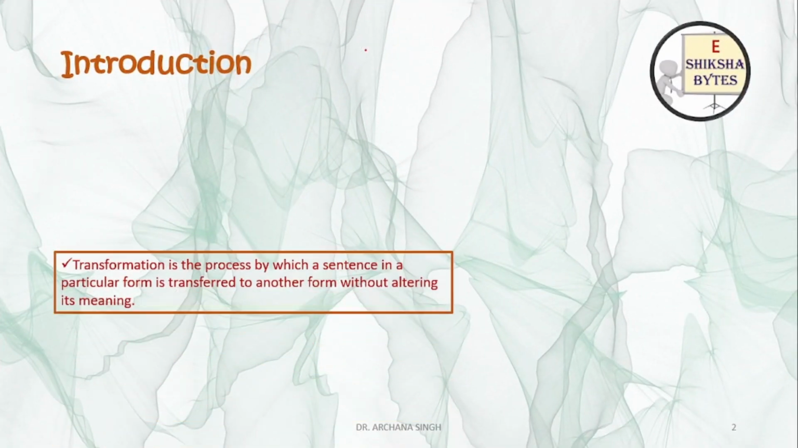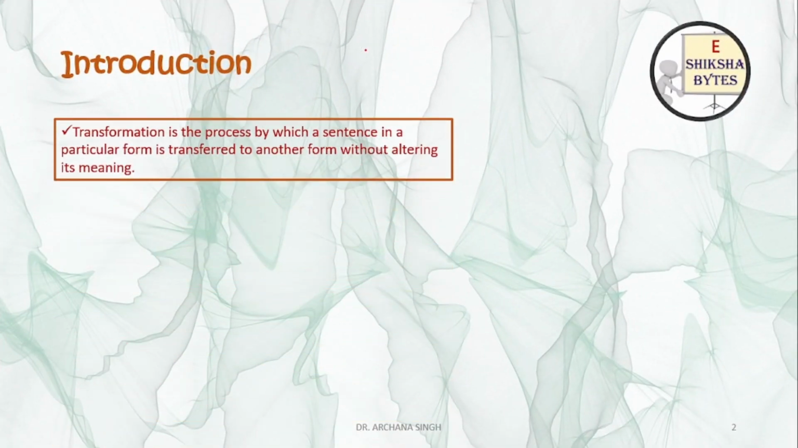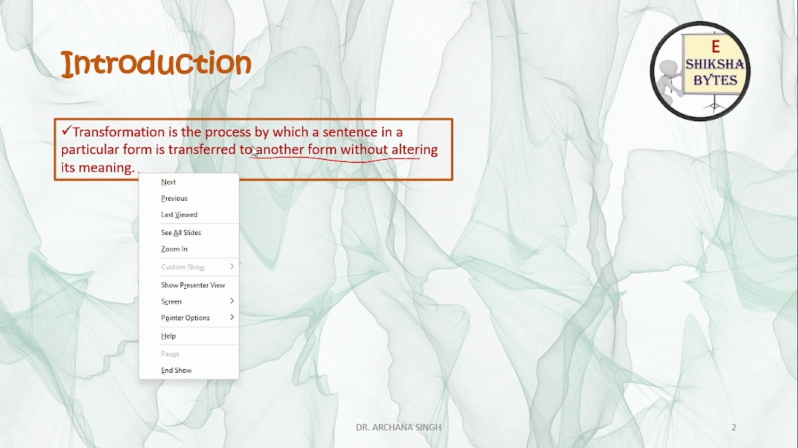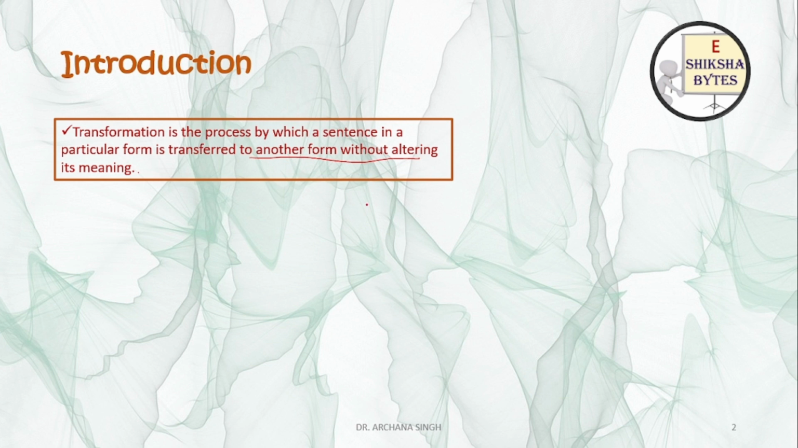the transformation process. Transformation is a process by which a sentence in a particular form is transformed to another form without altering its meaning. This portion is important: you change one form to another form but without changing the meaning. The meaning should not be changed. For example, if I say